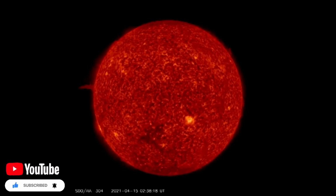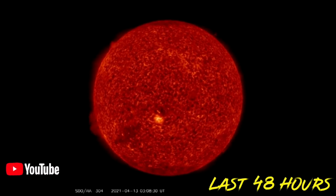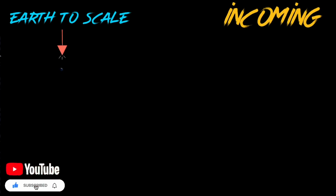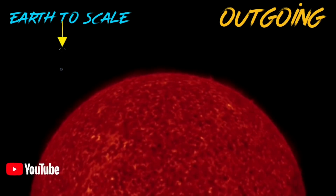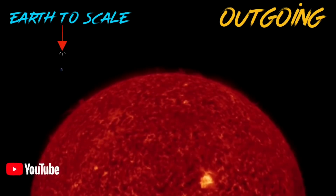Looking here at the last 48 hours on the sun, a large plasma filament erupting from the left side there. Looking at the last 48 hours of incoming images, you can see that big plasma tornado stretch right up off the sun there. In the last few images, we'll see what it does after this. Looking at outgoing images,